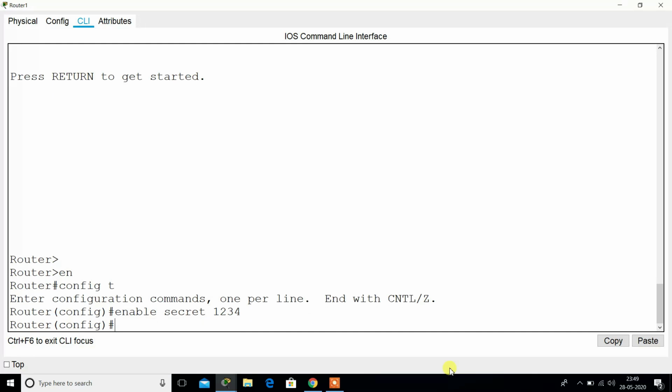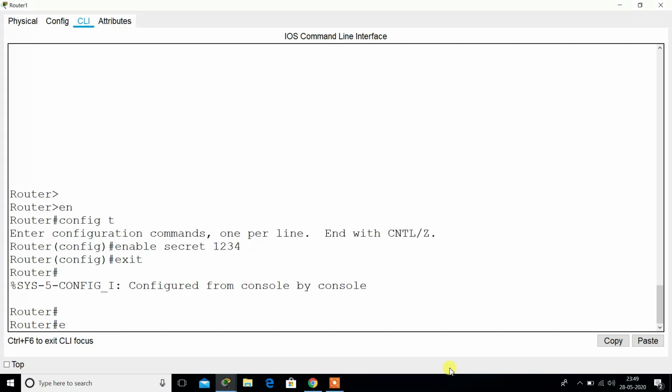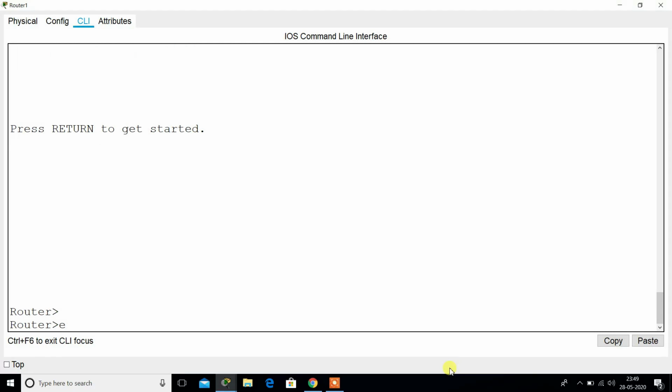After pressing enter, the password will be successfully applied, and if you want to check it, simply go in user mode. When you go in user mode, type enable, then the password will be asked. Which password? The secret one. Then we write 1234 and press enter. Now we are in privilege mode.